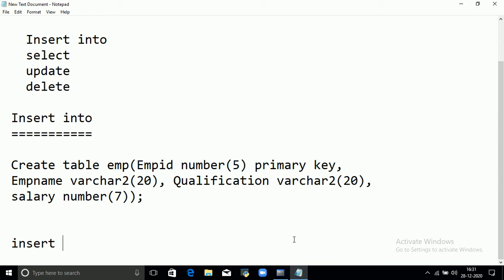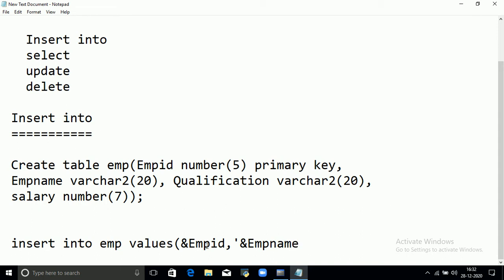Insert into table name values of, within single quote ampersand emp id comma, within single quote ampersand emp name,